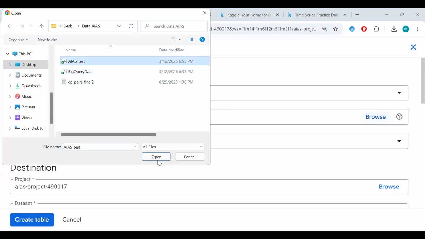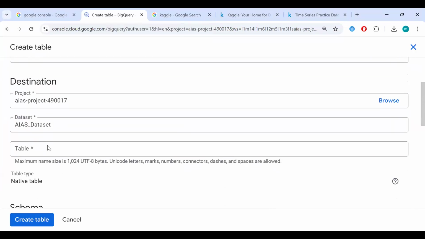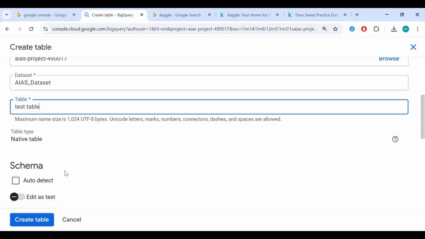This is our test file. Then our destination, our dataset, and the name. We'll call it test view. This is a test table, the original test data before we create a view so we can run it through our model.